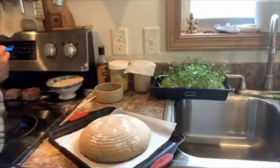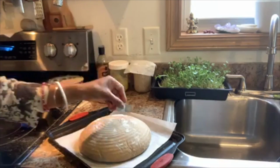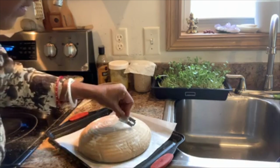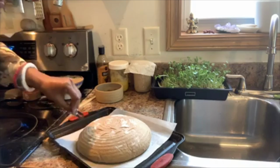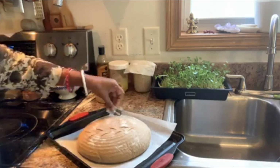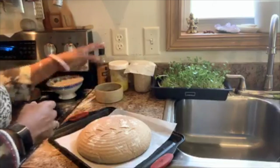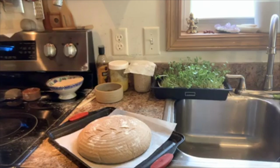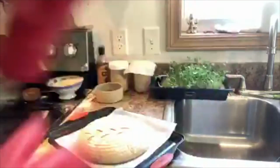Okay, so at this point, I'm going to score it. Scoring it means I'm just going to make a little design here. All right, you can see it's such a live dough. It's starting to spread out. I don't want it to spread out too much. So boom, boom,